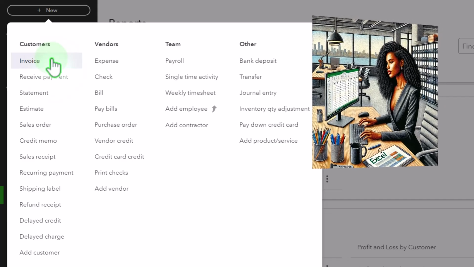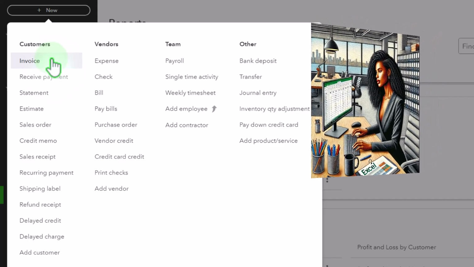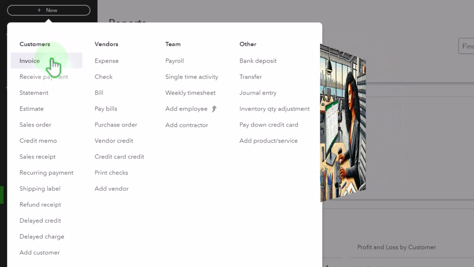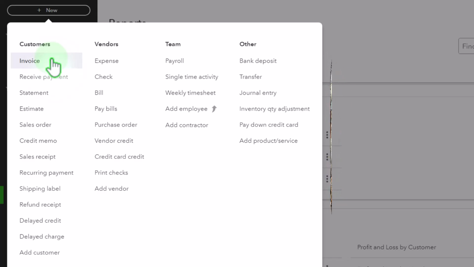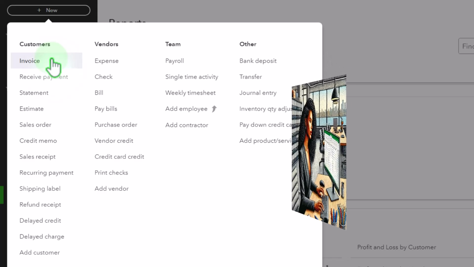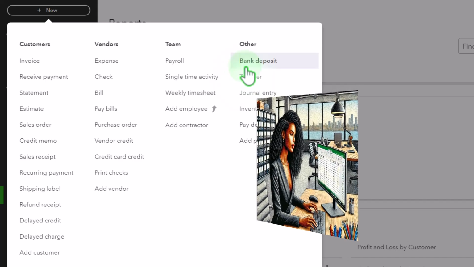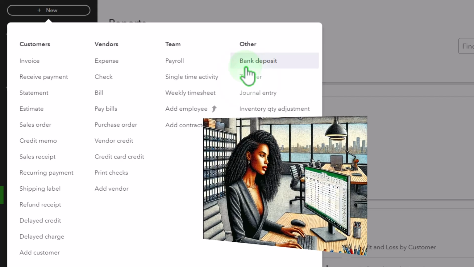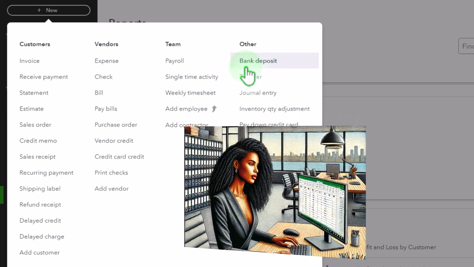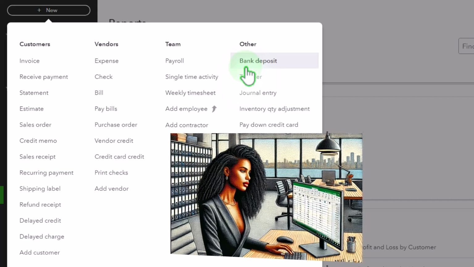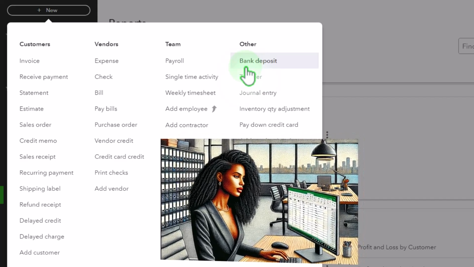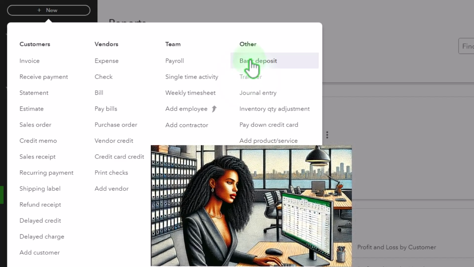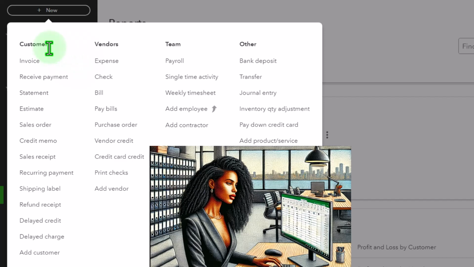Why? Because we hope that the money that's increasing our checking account is coming mainly from goods and services we provide to customers, and therefore is typically the end result of whatever kind of customer cycle that we have. However, I think QuickBooks puts it over here because we might have deposits from something other than customers, such as us, the owner, putting money in, or if it was a corporation, the issuance of stock, the owners being the shareholders putting money in, or if we took out a loan and made a deposit. So that's why maybe they put the deposits over here, even though we hope that mainly it's part of the